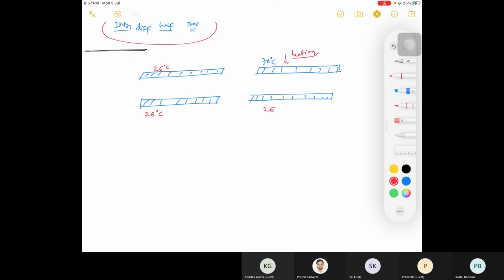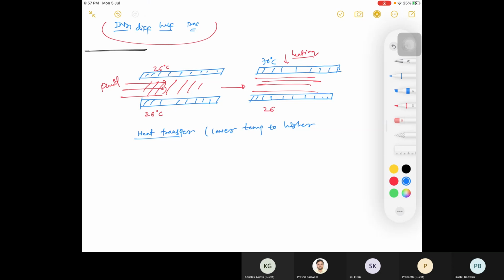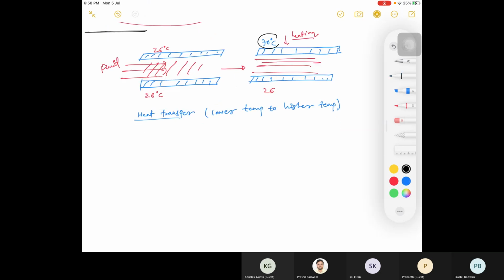So what is happening here? There is some medium in between, some fluid. You consider that a fluid is there. What is happening here? Heat transfer from what? Lower temperature to higher temperature. How will heat transfer happen? Suddenly we expose it to 70 degrees, then